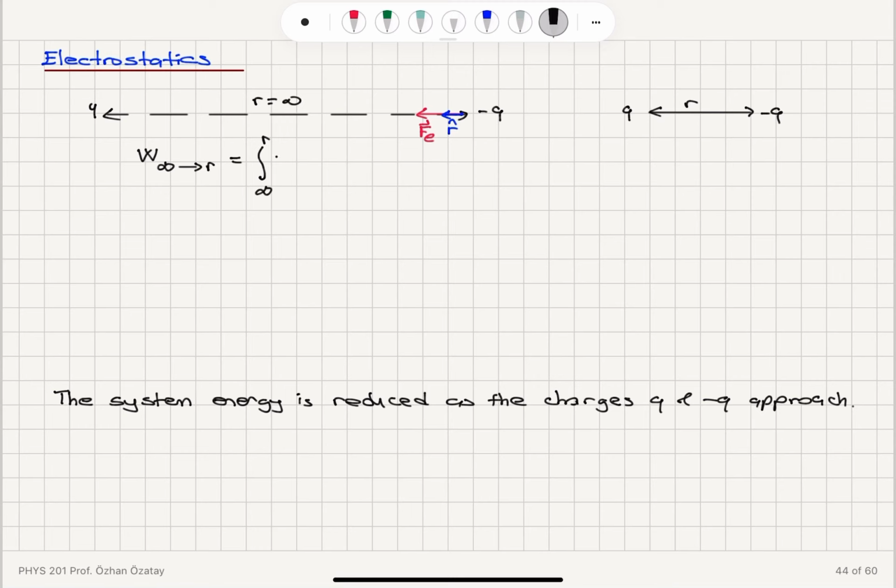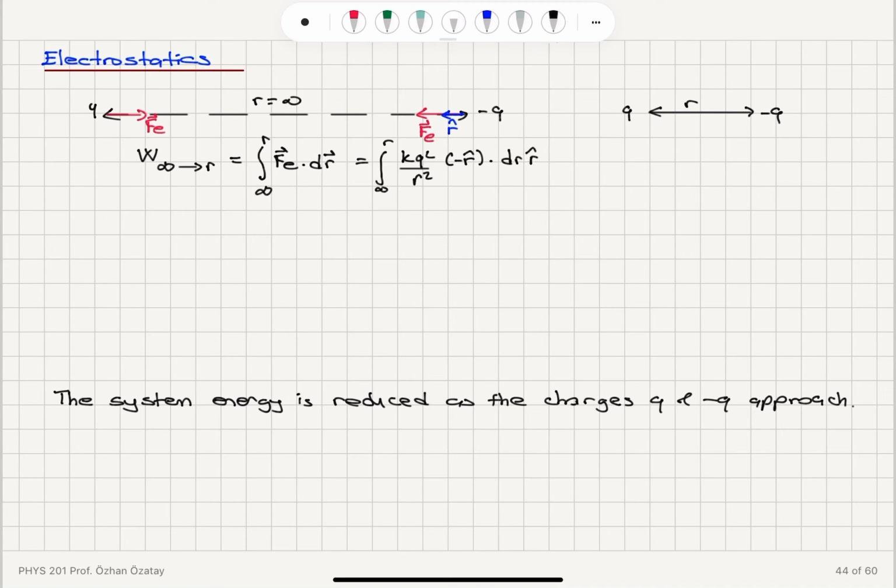from infinity to r of the electrostatic force dot dr. This is again the integral from infinity to r. What is the direction of the electrostatic force here? Well, this force acting on plus q is basically directed towards minus q, so it's in the minus r hat direction. The force is kq squared over r squared in the minus r hat direction, and this is dot product with